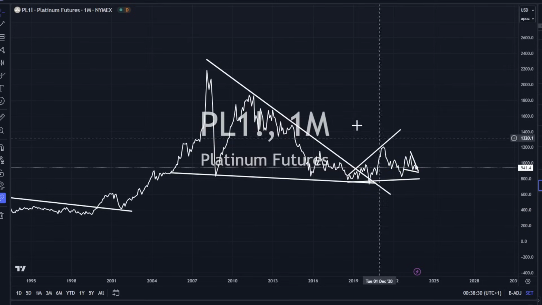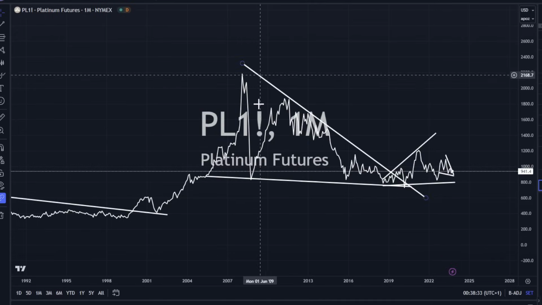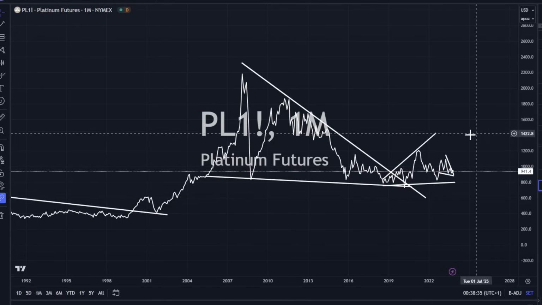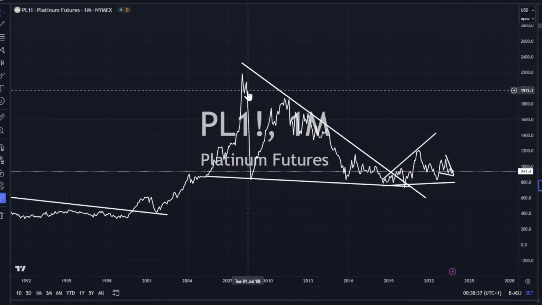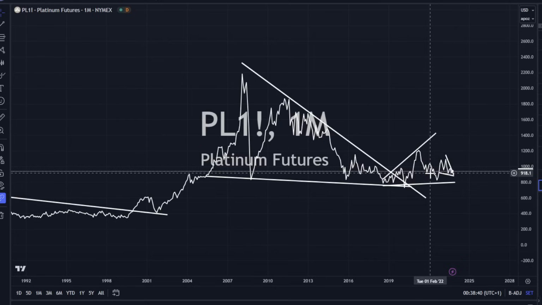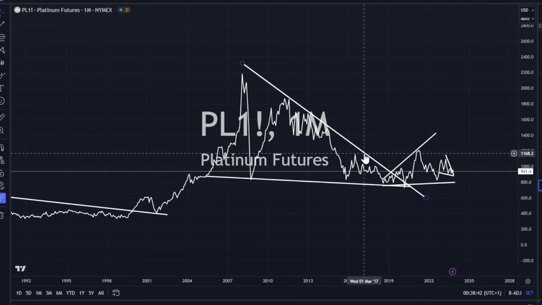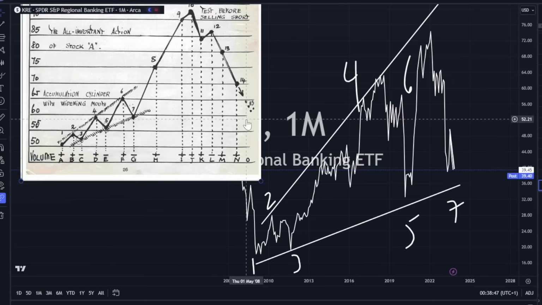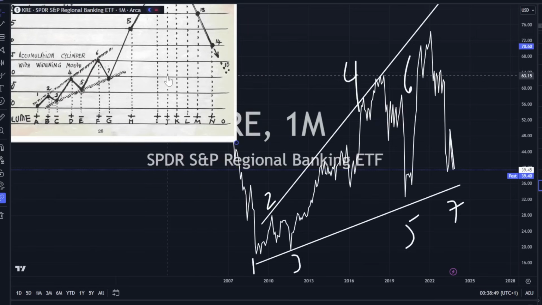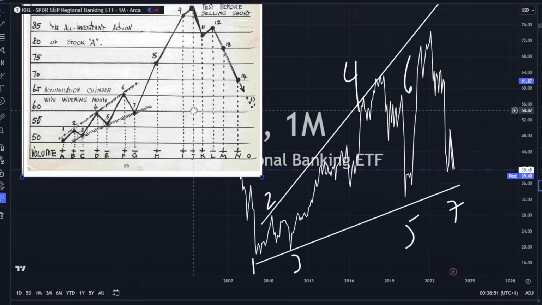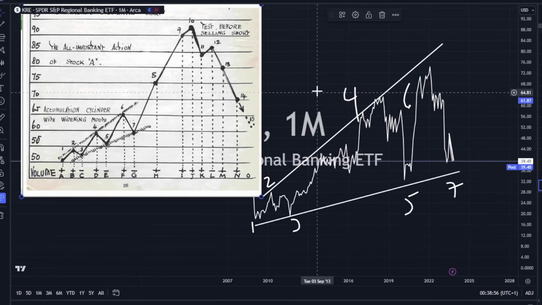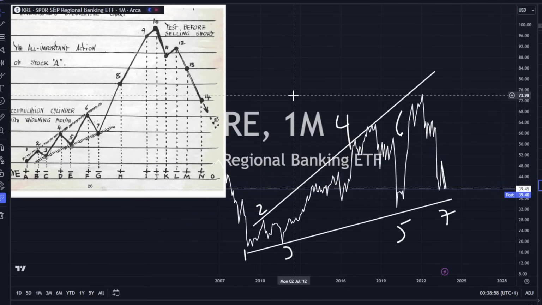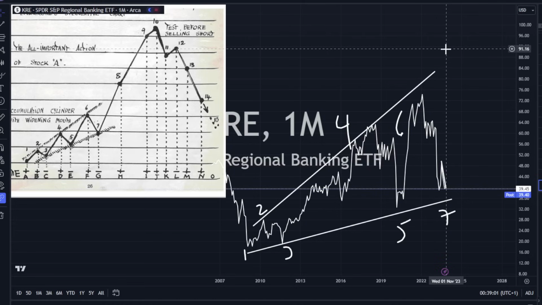We can also look at platinum. Platinum was a leader. We can also look at the platinum to silver ratio and all those things. Platinum took off first. Silver was behind it. Platinum hasn't taken off yet. Another thing we can look at is KRE, which is the banking sector. Generally, what you see in the banking sector is more loaning. If we went through this big real estate boom, what you'll see is bank loans go up, which generally means that they're going to make more money.